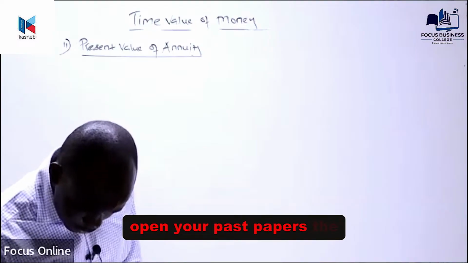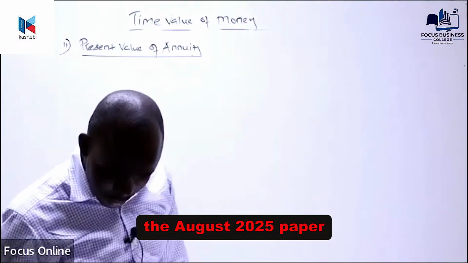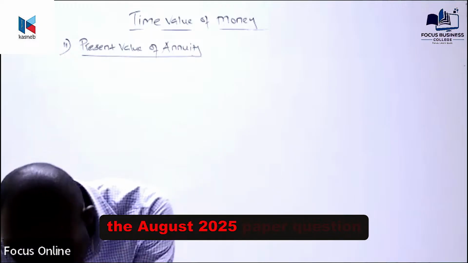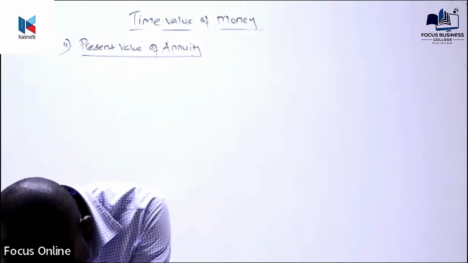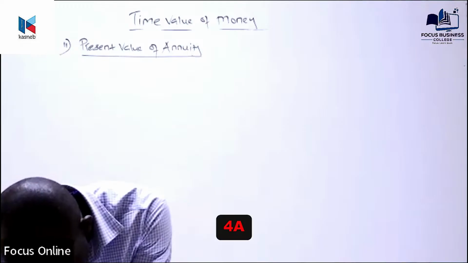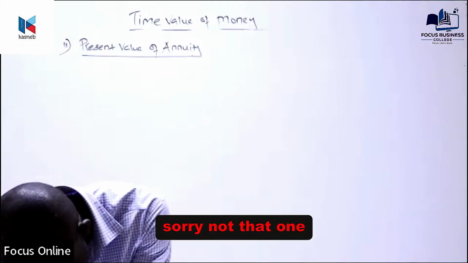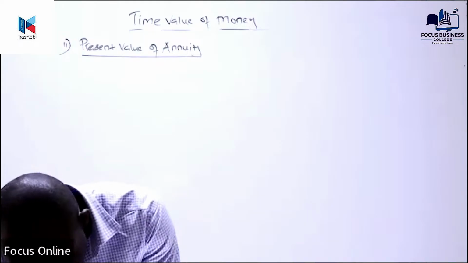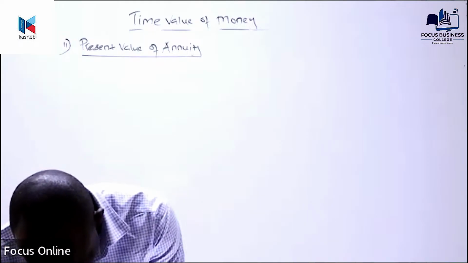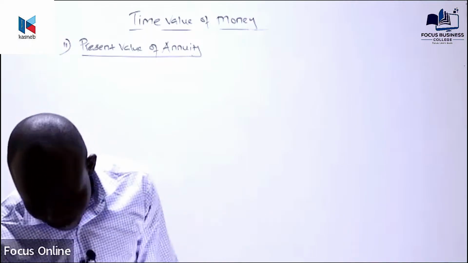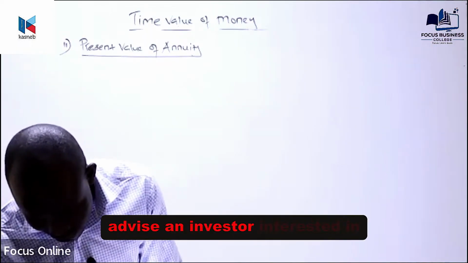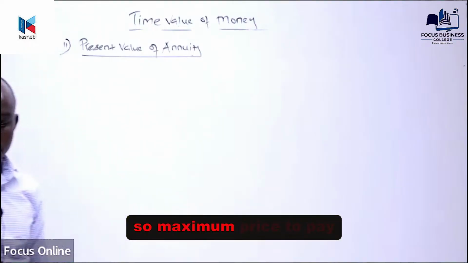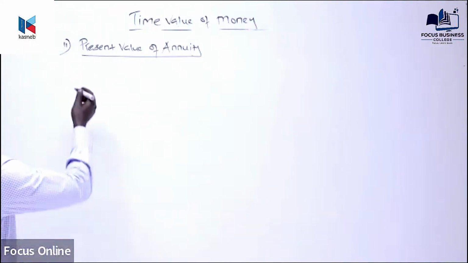Question 4B. If you're there, you will see that it requires you to advise an investor interested in Mara Limited on the maximum price to pay per share. So the maximum price to pay